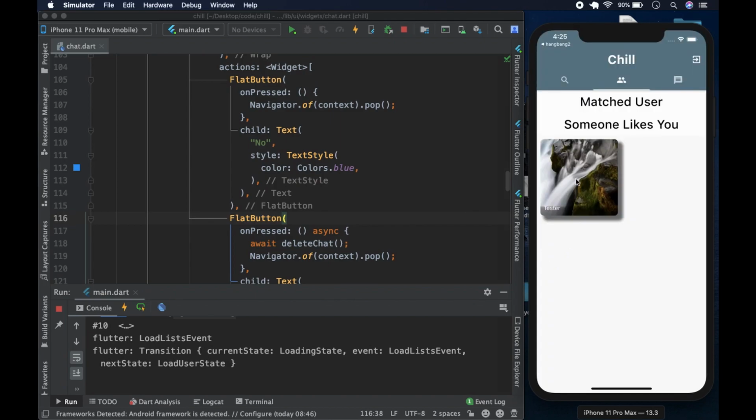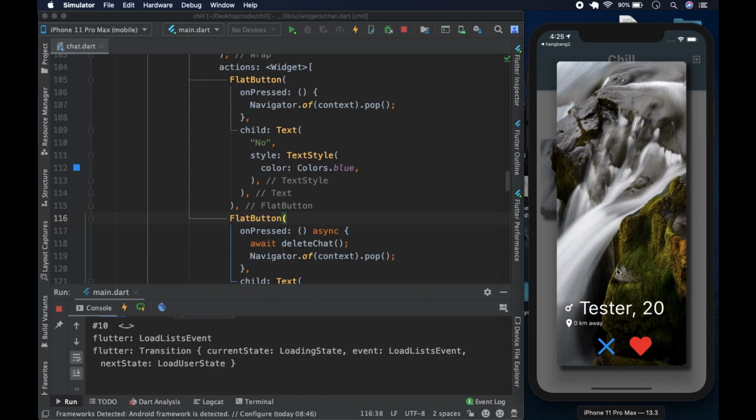The tester will move from down here to the matched users section, but it won't pop off from the foreground. What we want to do is to make sure that when you click either the X or the heart to accept them, it automatically pops off. So that's what we're going to do. And after that correction, we can now go on to the blocks. So basically, it's just going to be good UI.